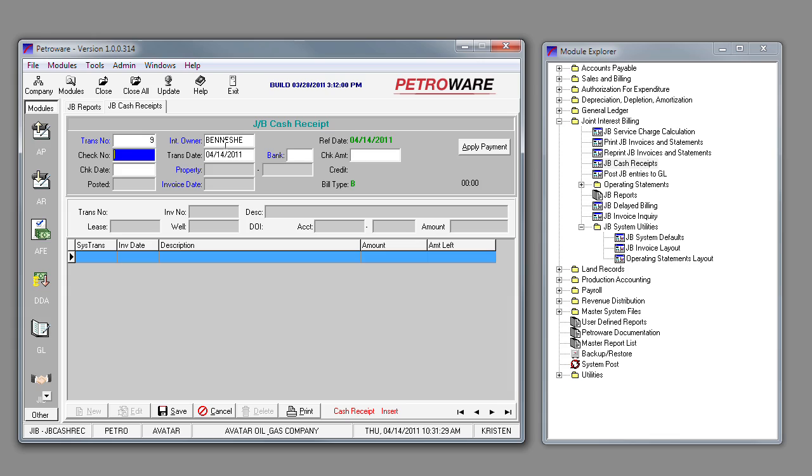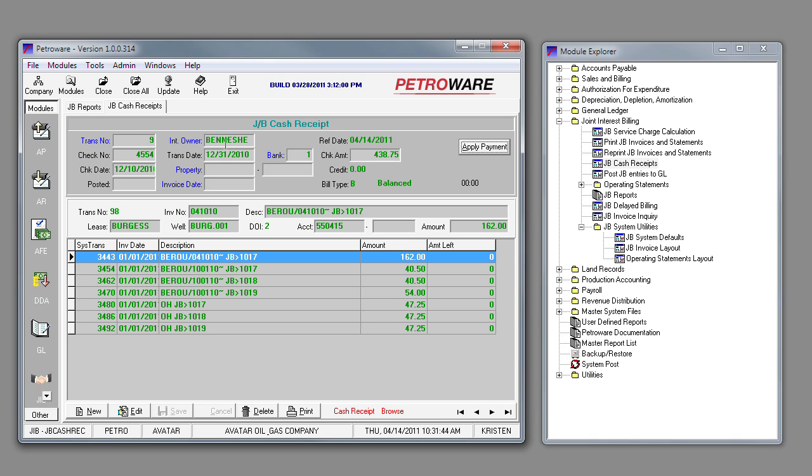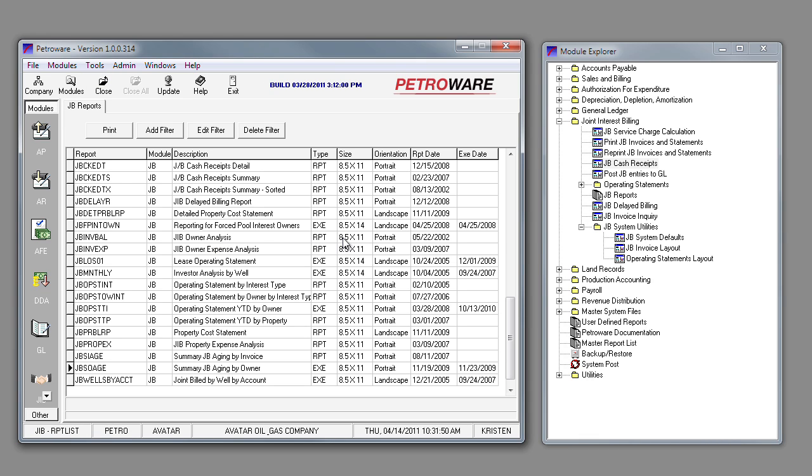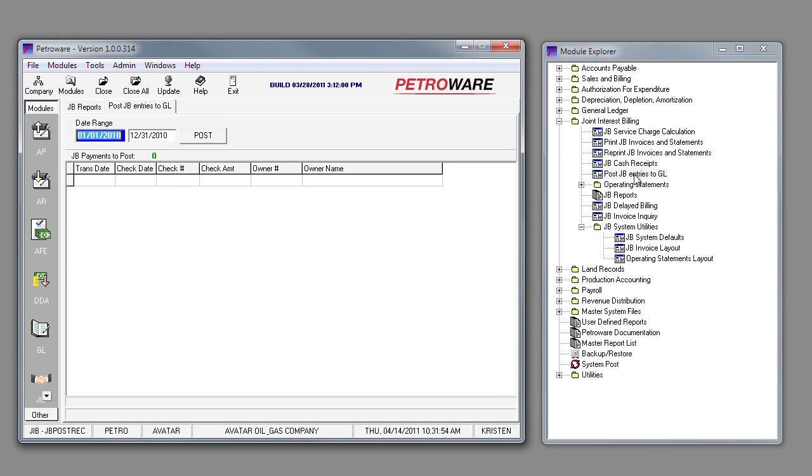Let's try it again using another investor. In this investor, the payment was applied to their outstanding expenses. Once you've entered cash receipts and you're ready to post them to the GL, you click on Post Entries to GL